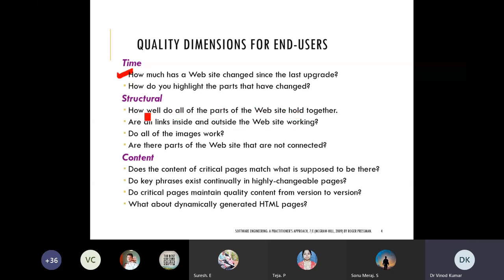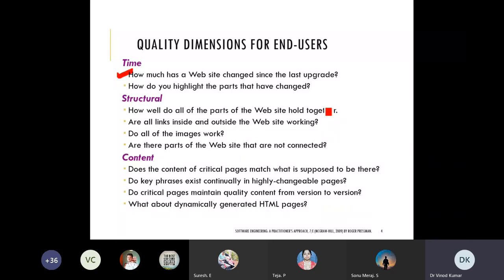Means how tightly they are kept together. Are all links inside and outside of the website working? Sometimes what happens, some links are there in the websites, and they are not working. So this may give a wrong impression or bad impression towards the customer.